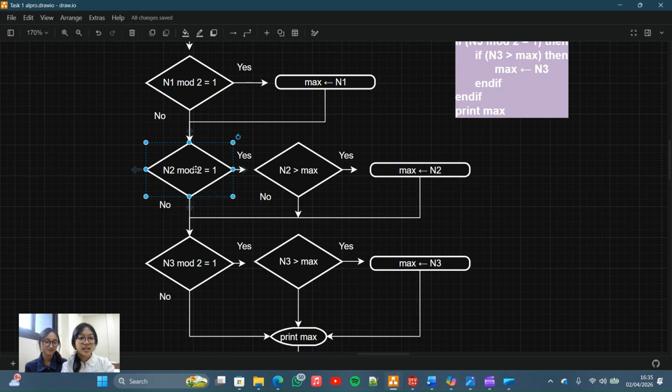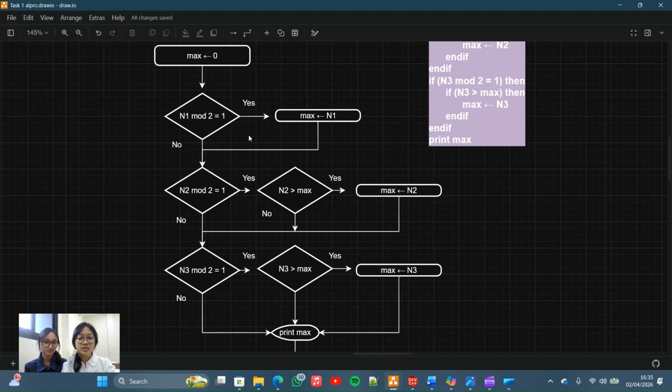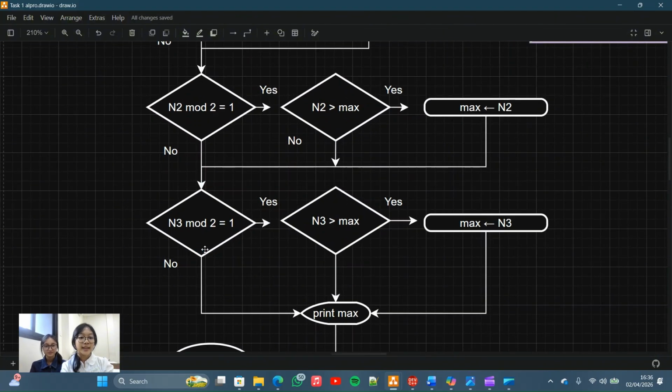And ask again, is n2 modulo 2 equal to 1? If yes, is n2 larger than max? If yes, we store n2 to max. It's the same as the previous one. There's no difference whether this decision has the result yes or no because we'll go in here.